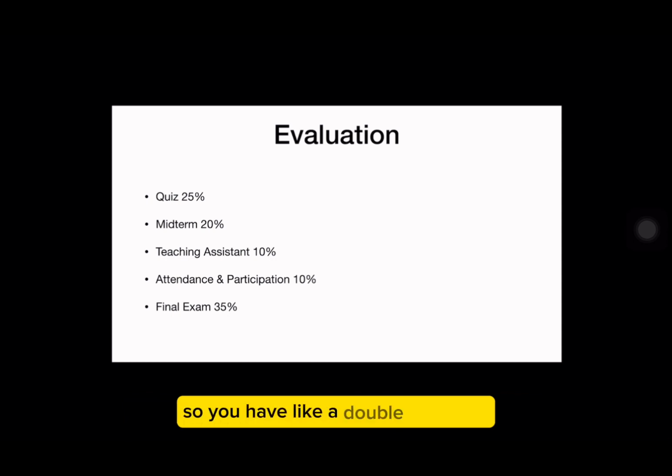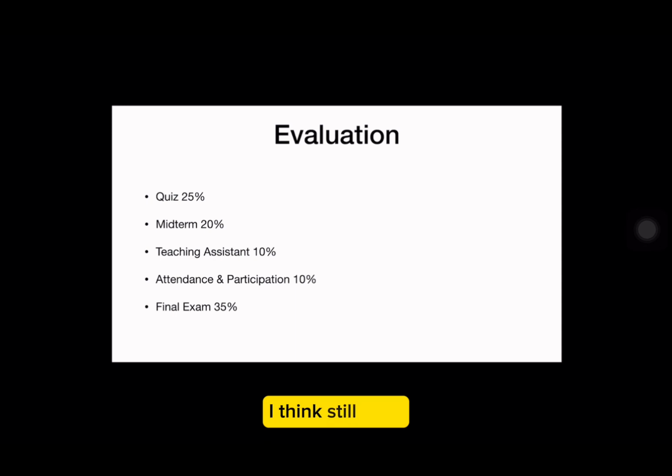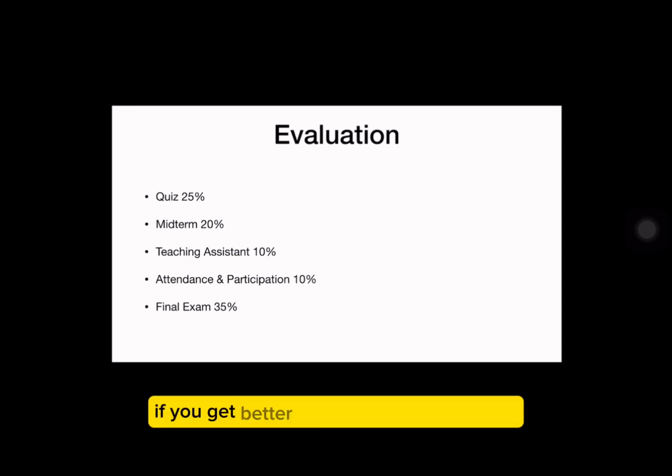So you have a double workload. So you need to try balancing your life first. Okay? If you get a bad score, I think it's still okay, but try to do your best later. Okay? If you do badly at the beginning, because